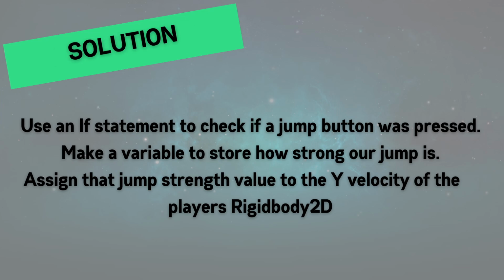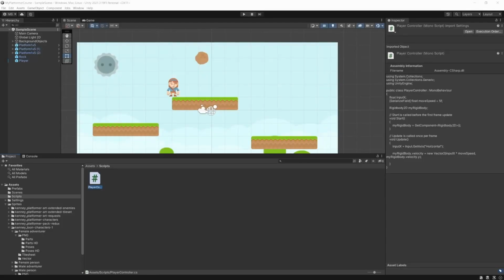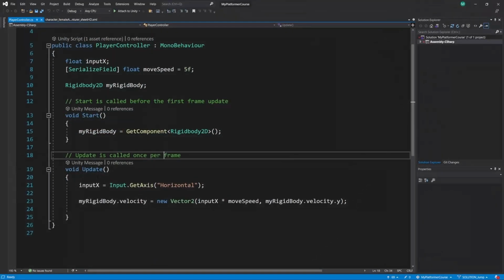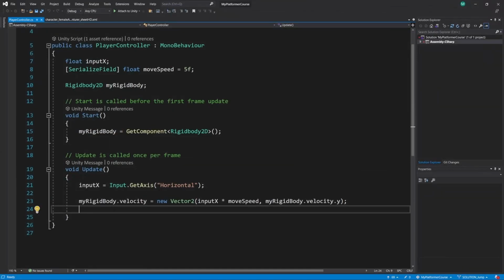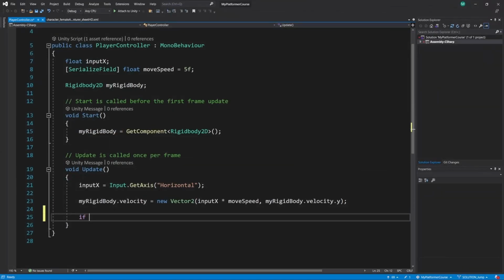Okay, so I'm going to show you how to make this jump now. I hope you gave that a try in the last video, and even if you didn't get it working, you at least learned something from it. But I'm going to show you how I'm going to implement it here. So let's go into our player controller. The first thing I'm going to do here is an if statement, and as I mentioned, I'm going to use